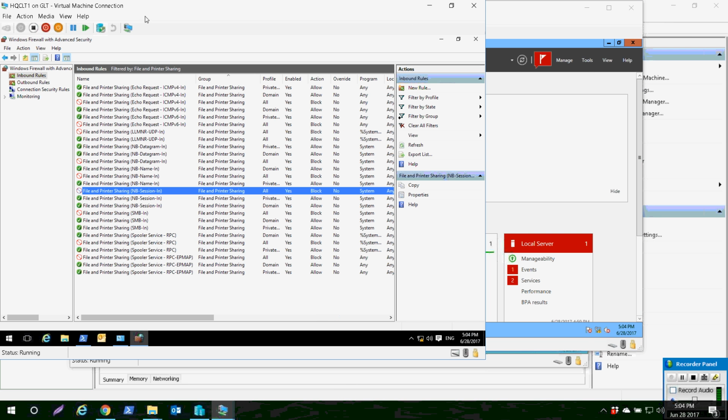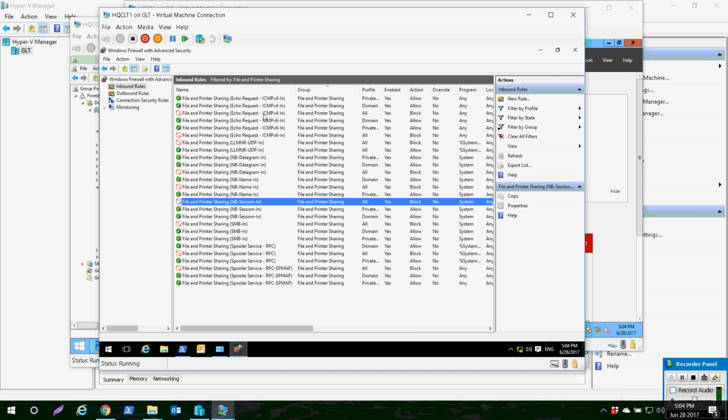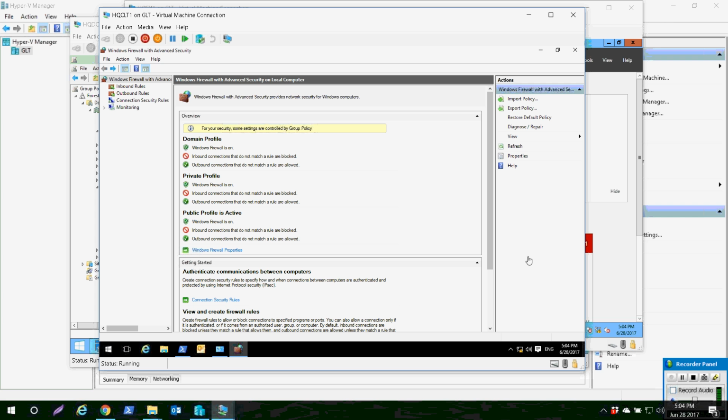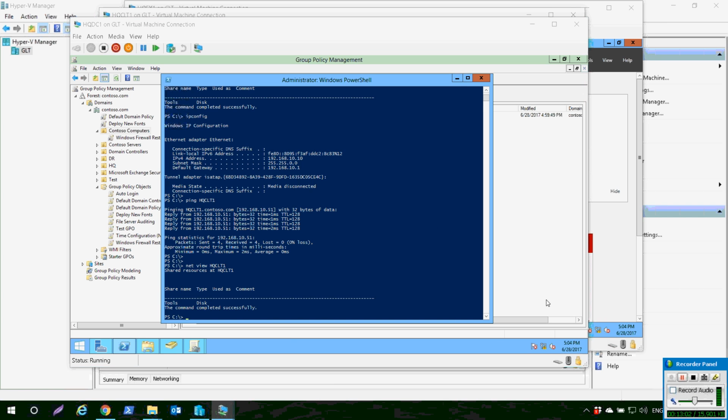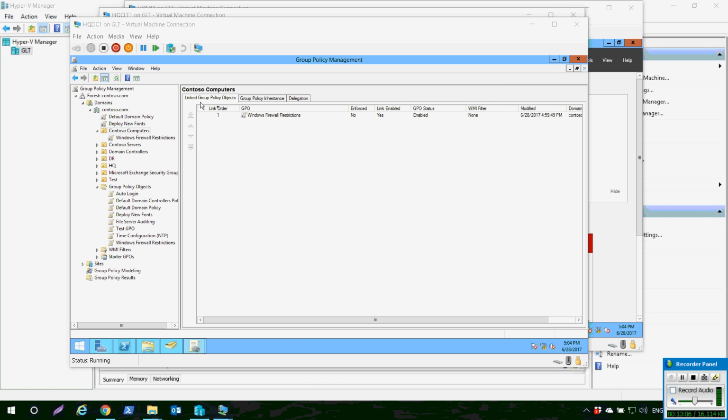Now, one final thought regarding group policies, this is out of context of this video, but I noticed a lot of companies, when they create group policies, every time they need to do a setting, they just create a new group policy. And what I usually recommend is to use a common policy for all the settings related to this service or this action, like here Windows Firewall restrictions. So in the future, if I need to do anything on Windows Firewall, I access this policy and do it all over again for all my client machines. I don't have to create another firewall policy that says Windows Firewall